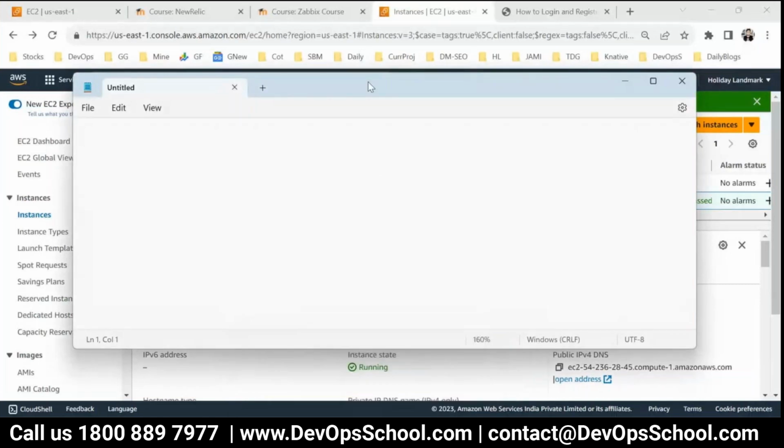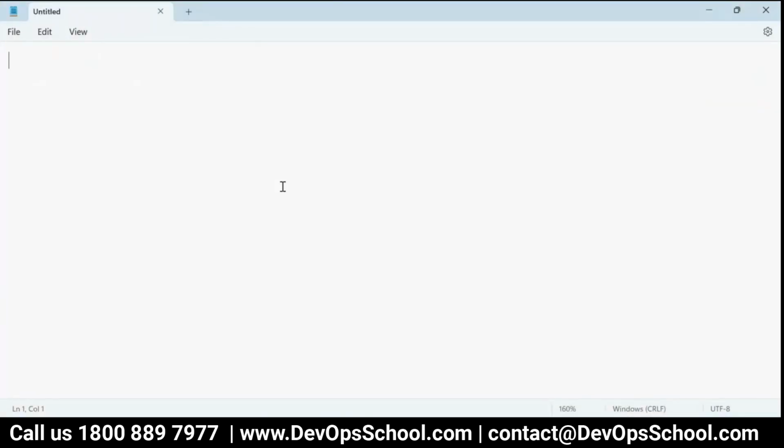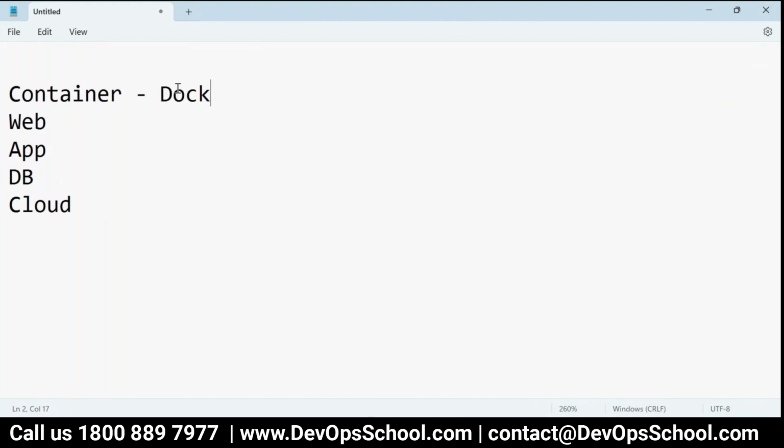Today I'm going to start with monitoring some of the stuff: one is from the container platform, one is from the web server, one is from the app server, one is the MySQL database server, and one is cloud. So these are the integrations which I'll show you. In this case, you need Docker. For web server, I'm going to show you Apache web server. For app server, we can use Tomcat. For database, we can use MySQL. And for cloud, here we can use